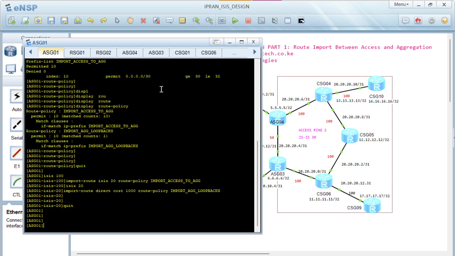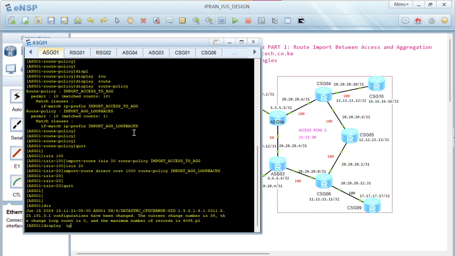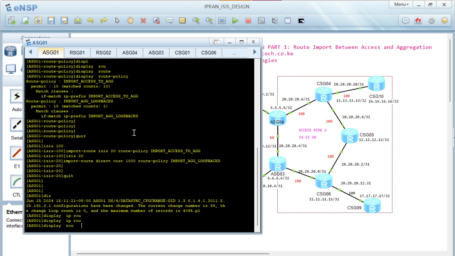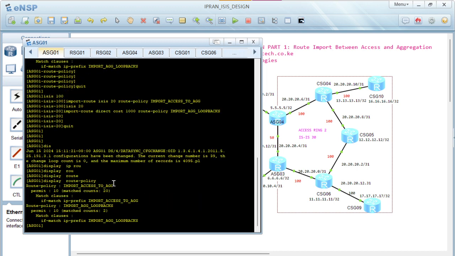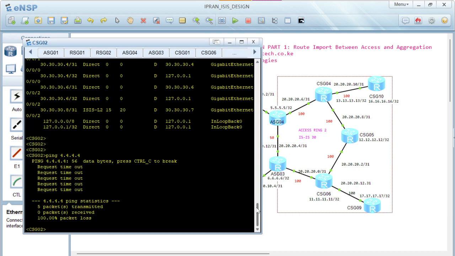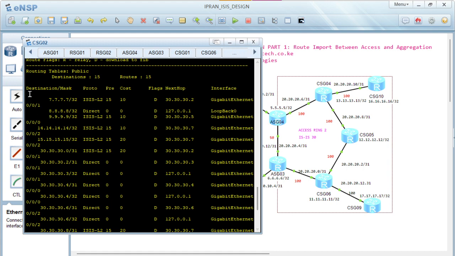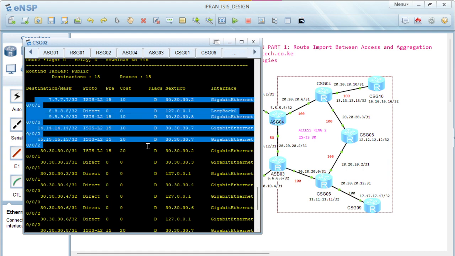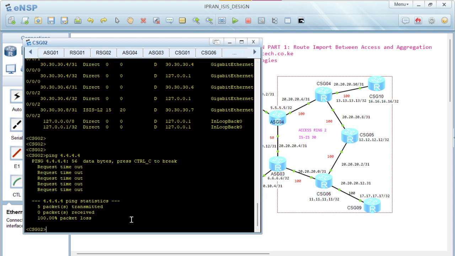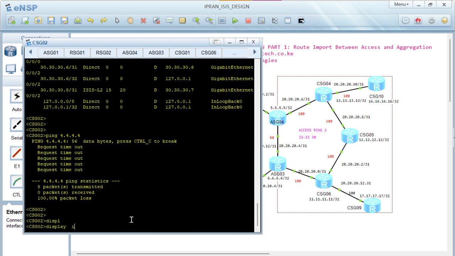If I go back to CSG2, if I do display IP prefix again, route policy, you can see that our route policy already has matched counts too. And if I log into CSG02, remember this was the route table before we did any route import. We didn't have any prefixes from the aggregation. So now if I do display IP routing table again,